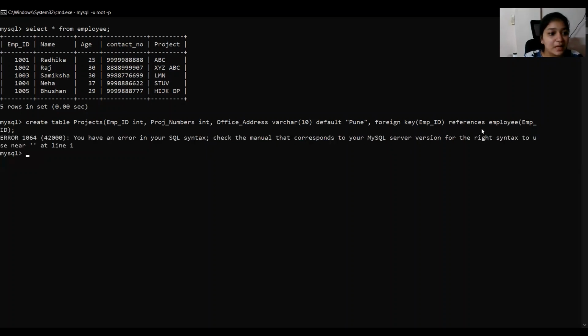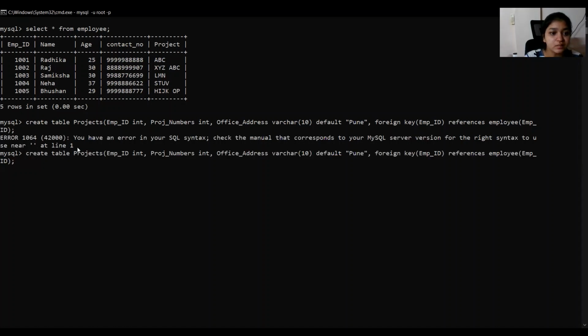Okay, I'm having some error. Create table projects, employee ID in default Pune. It's okay.